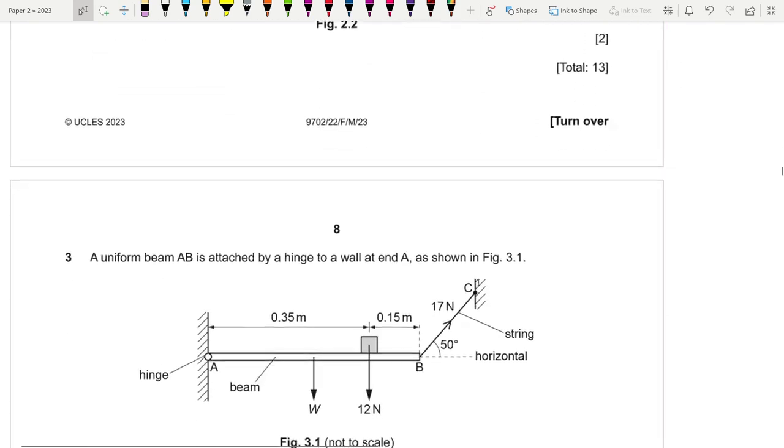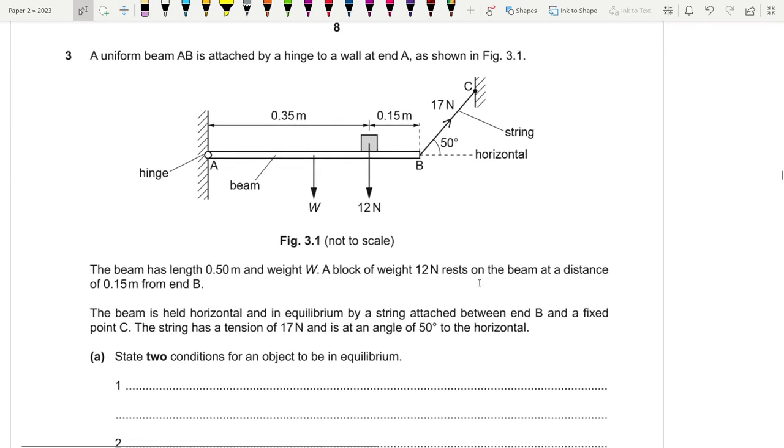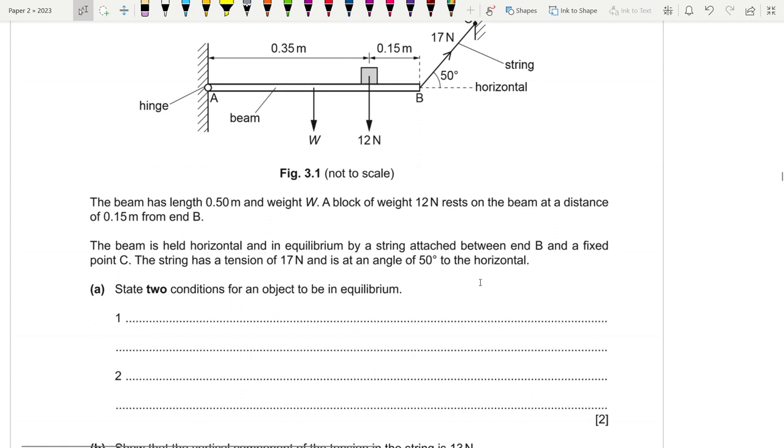Let's move on to question number 3. This is a question on moments. State 2 conditions for an object in equilibrium. I always ask this question to my students. So the first condition is the resultant force is 0, and the second point is resultant moment or torque is 0. Okay, so resultant force